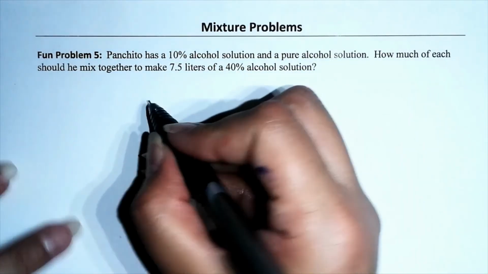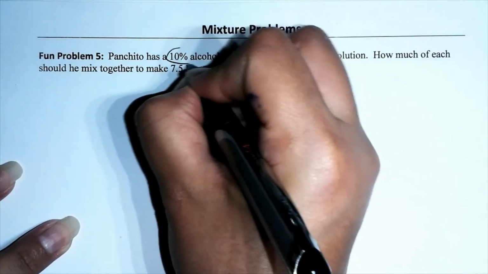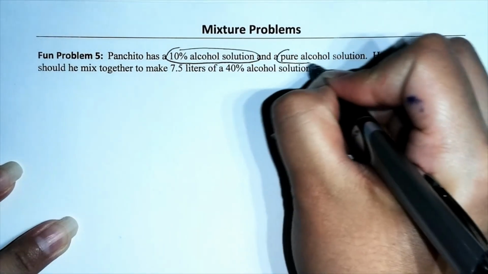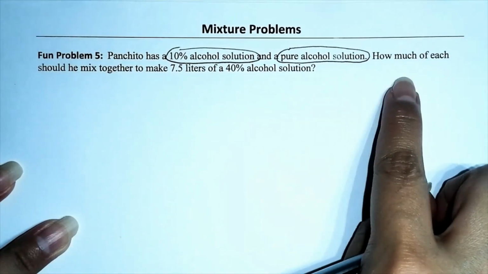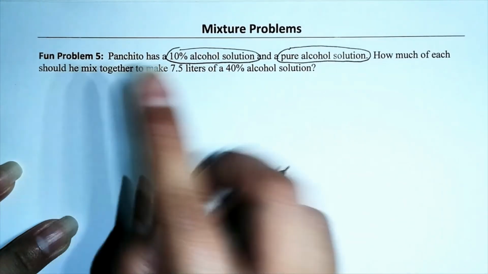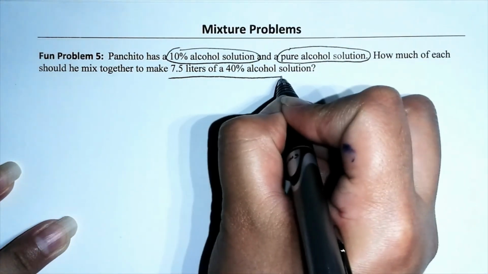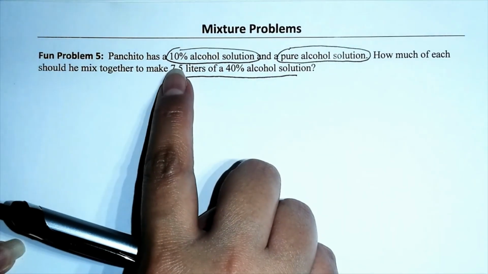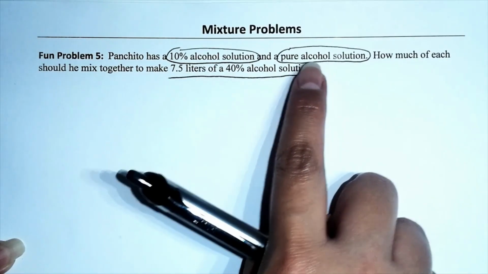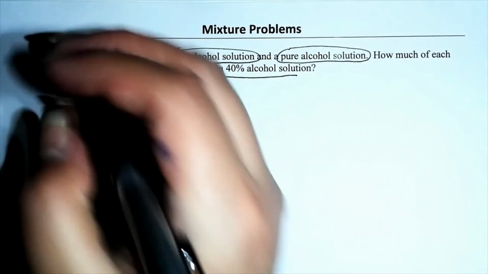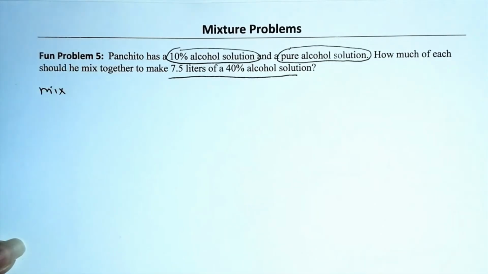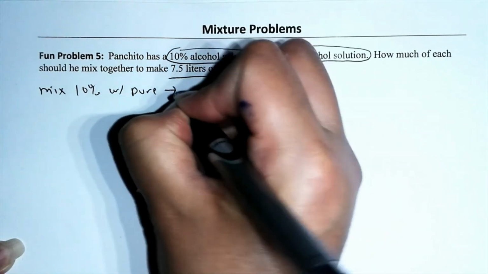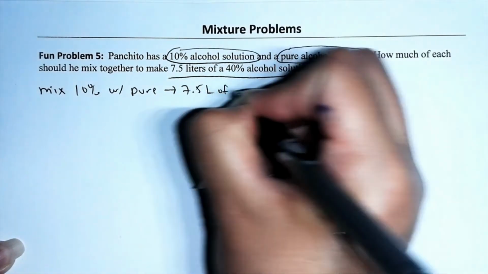Okay, so Panchito has a 10% alcohol solution. Well, that's nice. And a pure alcohol solution. How much of each should he mix together to make 7.5 liters of a 40% alcohol solution? So this is how it's gonna go down. We're gonna take the 10%, mix it with the pure alcohol, and the outcome will be a 40% alcohol. So I'm gonna say mix the 10% with the pure alcohol, and that will give us 7.5 liters of a